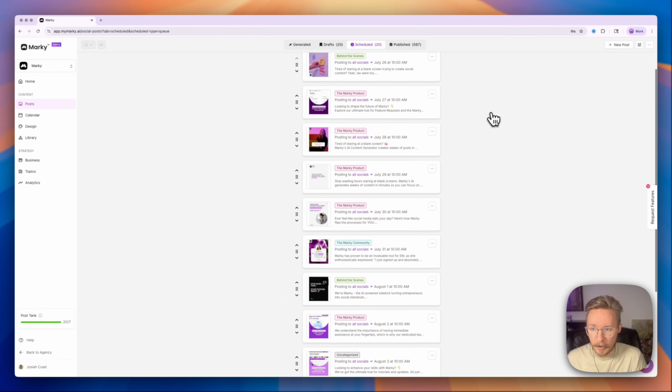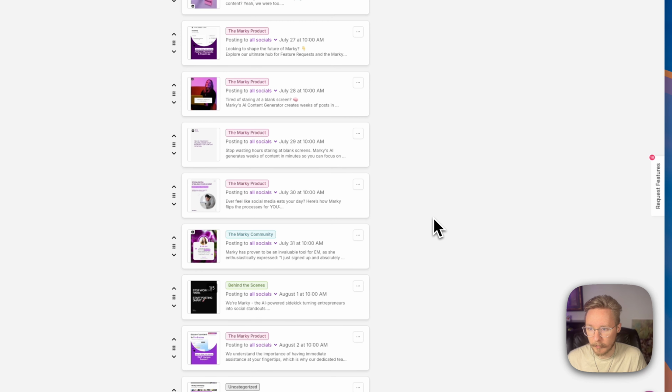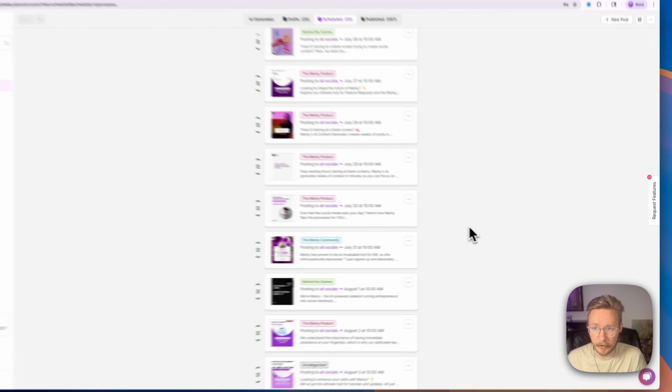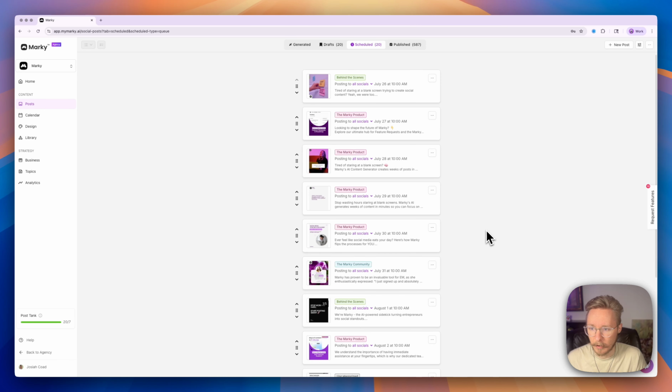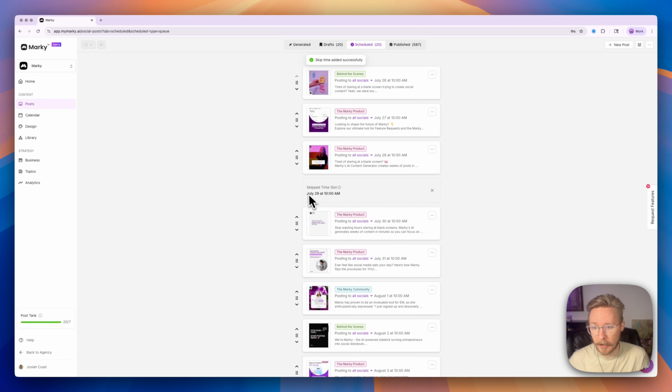So now you can skip a posting slot. Super easy. You just go in here, you click queue options, skip time slot, and what that'll do, it's going to take a second here. And what that will do is it will add a skip time slot right there, July 29th at 10 a.m. And now it's going to be posted on the 28th and the 30th, but it's going to skip that day. So small feature,